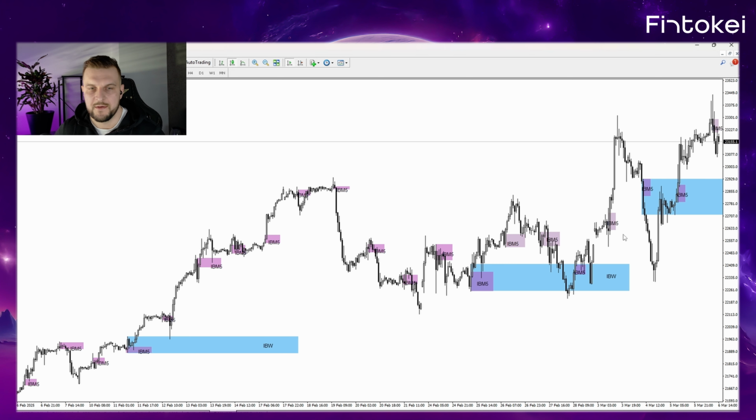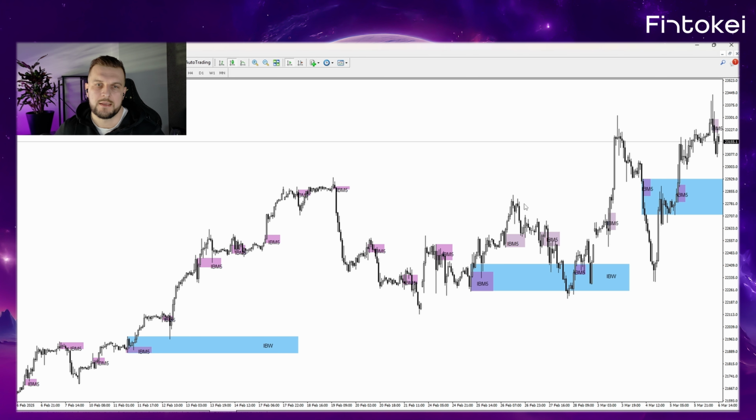There are, of course, other variations, such as IBT, which is the fourth 5-minute candle after the cash open, the first 5-minute candle of the US session, and the first hour candle of the European and US sessions. But as I mentioned before, we don't have enough time to go into all of this. So how do I use these two initial balances in my trading?